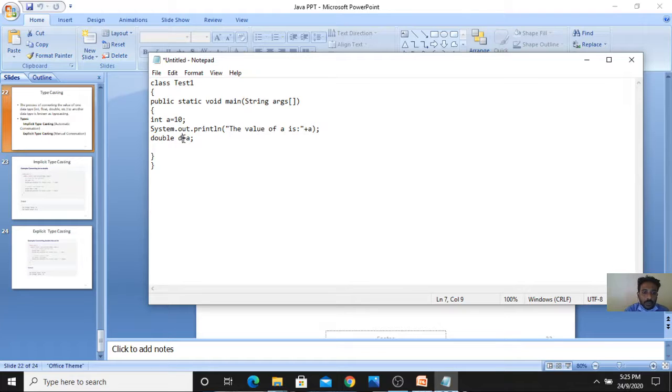So d is storing 10.0 because the type of d is double. Initially a is 10 because it is an integer and does not contain a decimal point. Once you convert it into d, it contains a decimal point. Now the value of d is 10.0.